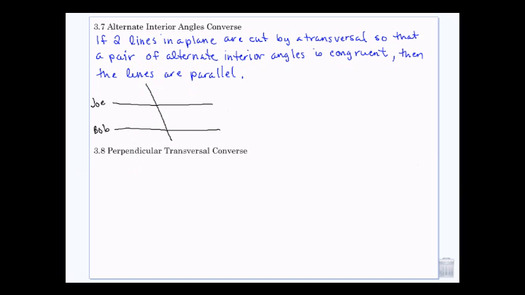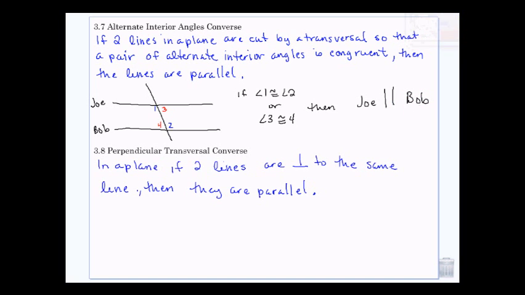And if we get pairs of alternate interior angles, so 1, 2, or 3 and 4, that are congruent, then Joe and Bob are parallel. So if angle 1 is congruent to angle 2, or angle 3 is congruent to angle 4, then Joe is parallel to Bob. And finally, we have the perpendicular transversal converse, which tells us that if we have two lines